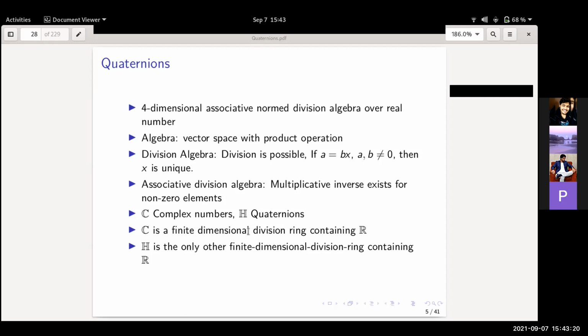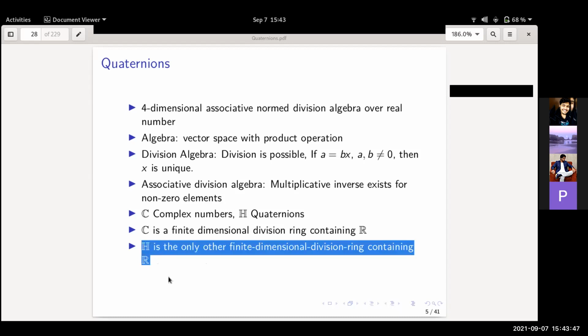The important thing is this statement. The set of quaternions is the only other finite dimensional division ring containing R. You cannot find anything else which has this finite dimensional division ring property and can contain R. This is an important property. It's not easy to prove all these statements. I also do not know the proof, but I only understand the statement that the set of quaternions is